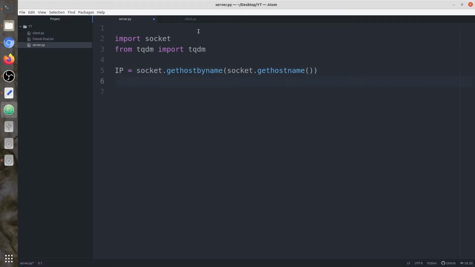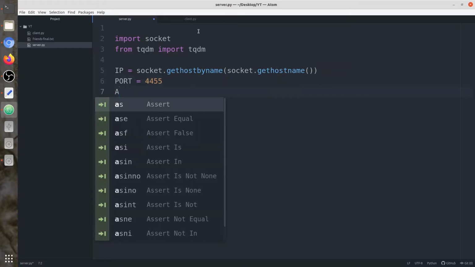Okay, now we need a port number. We can say 4455. Try to use a port greater than 1024, because the standard port numbers are from 1 to 1024, so don't use a standard port. Maybe some standard ports are after that also. Just try to use any port which is freely available, or try to use a port number greater than 5000. Okay, so we have the IP address and the port number.